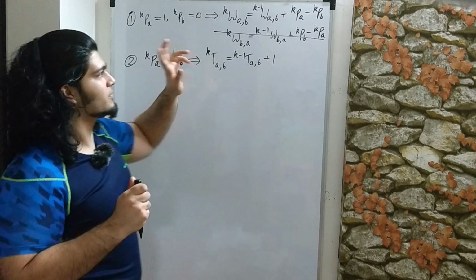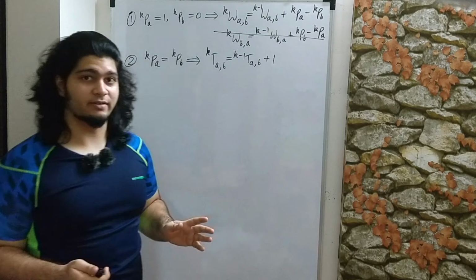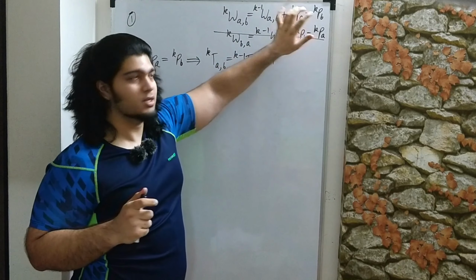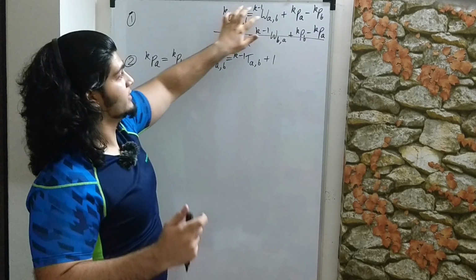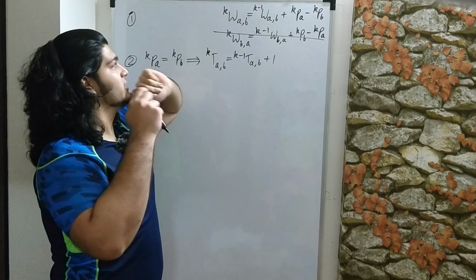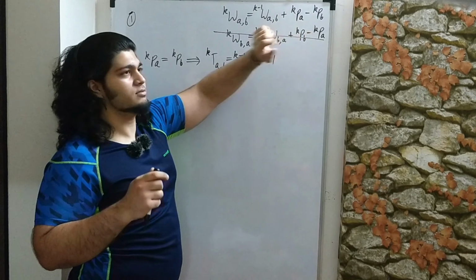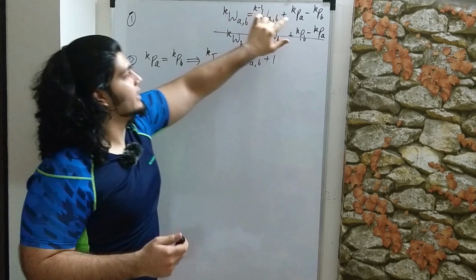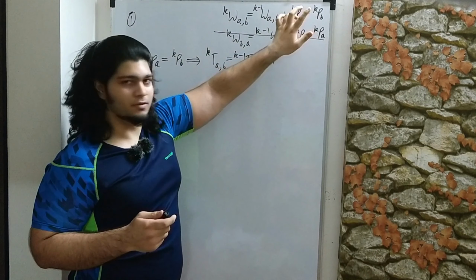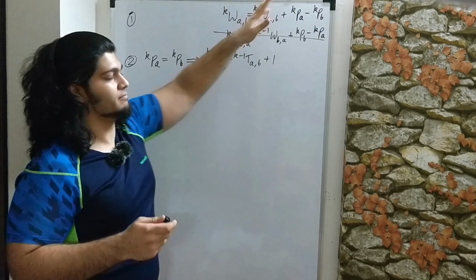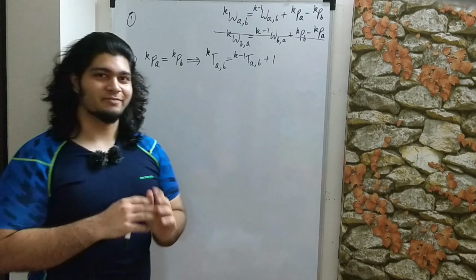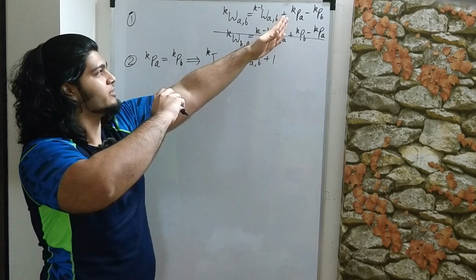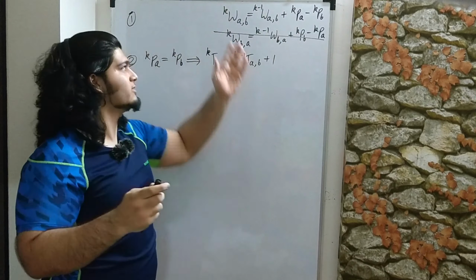And now that we made this change, we also need to verify if it works. So let's verify it. If this is 1 and this is 0, we want this guy to be 1 more than this guy, and it works. Similarly, if this is 1, this is 0, then we want this to be 1 less than this, minus minus, and that works. If these two are equal, then we want these two to be the same. It works. So our formula is very general. We don't need to check that condition again and again. We can just plug in the value for these two guys and we'll get the new value for W.